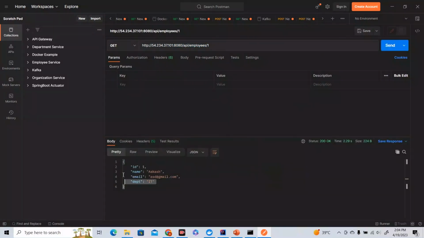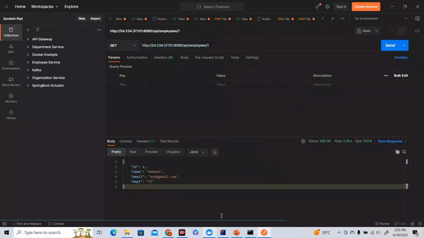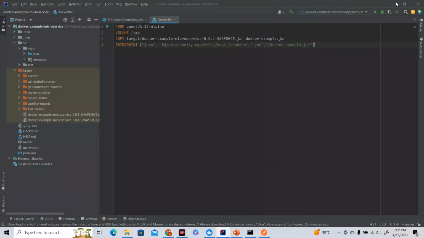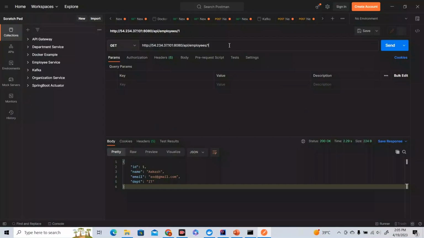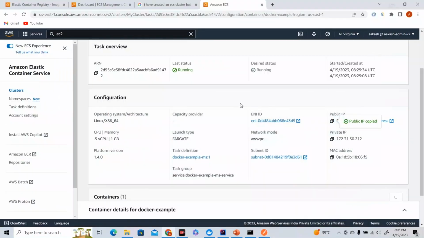All right, so you can see that now, instead of fetching from my localhost, which I think is not running at all, I'm not messing with you. What is happening over here is we are using the IP address of our task and fetching the data. If I click on 2, then it should give me another user. So we can see that we are finally able to deploy our